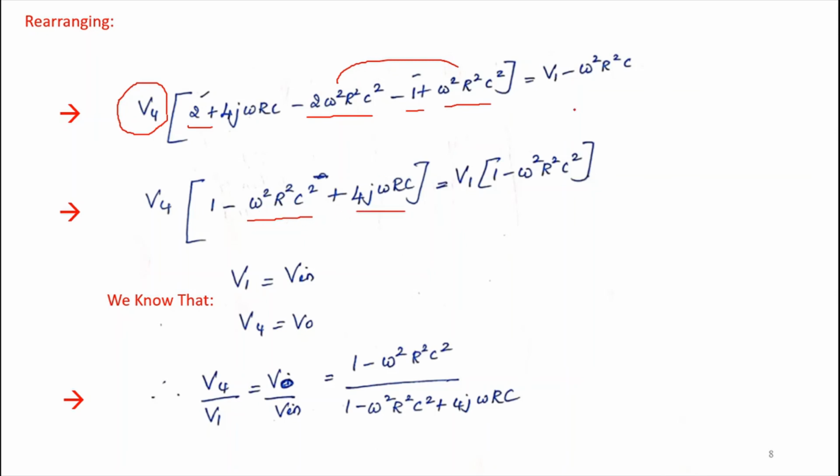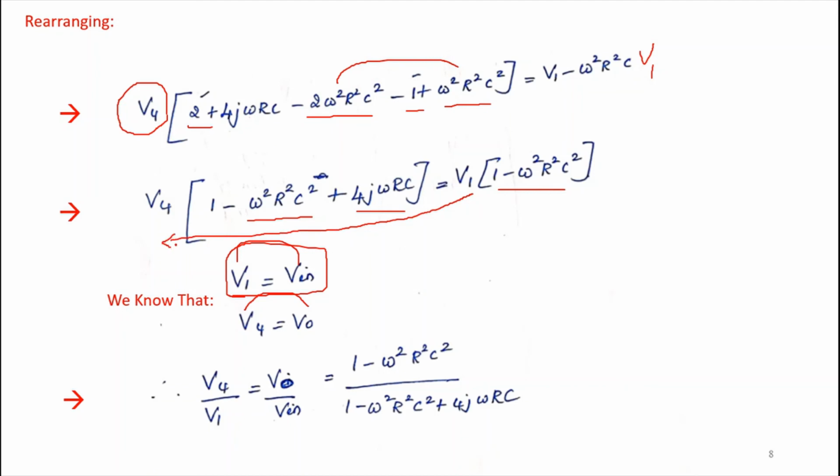That is equal to, you've got a V1 term over here. So V1 is common, and because V1 is common, I can take it outside. So I'll have V1 into 1 minus omega squared r squared c squared. Since we already know that V1 is equal to Vn, I've already told you about this in the feedback network. We've assumed the voltage V1 as Vn and V0 as V4. Okay. So I can just rearrange this equation, bring this V1 to the left hand side denominator.